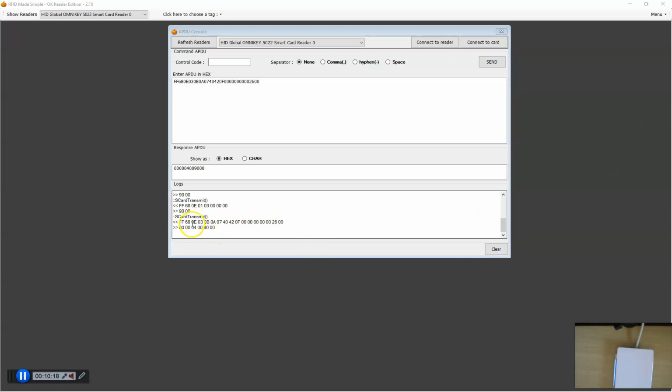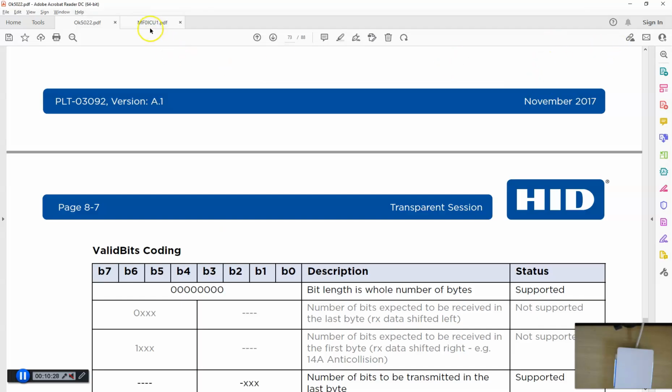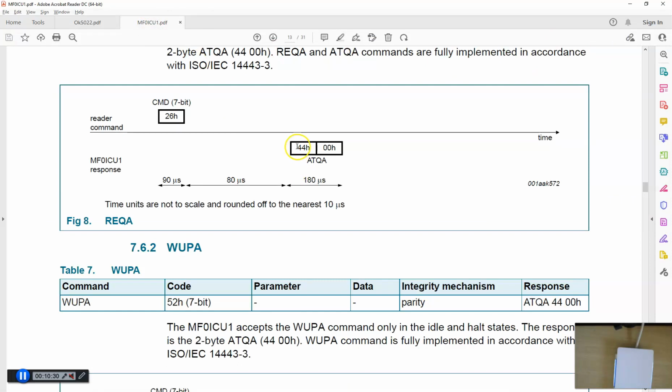Now I got 0400. It is because mine is a Mifare Classic tag, which has only 4 bytes of UID, whereas this document here is for Ultralight, which has 7 bytes of UID. So 4400 means it's 7 bytes, but I got 0400, so that's 4 bytes. Okay,